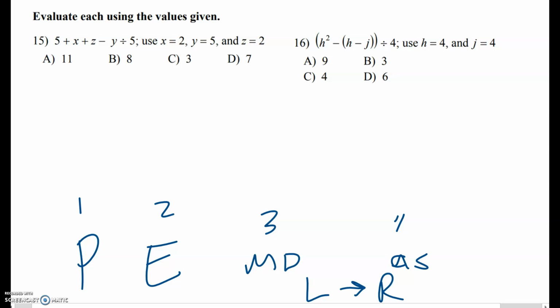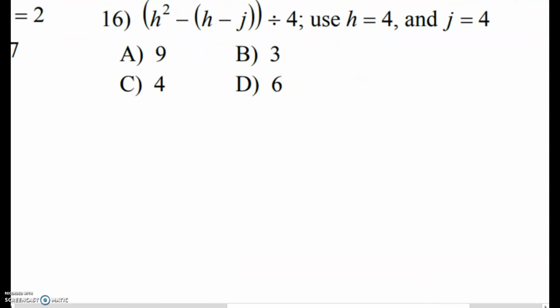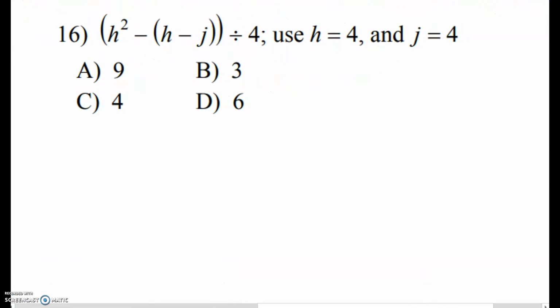So let's look at number 16. That looks a little tougher. Let's go ahead and just plug in our numbers. So h is 4. So what we have is 4 squared minus